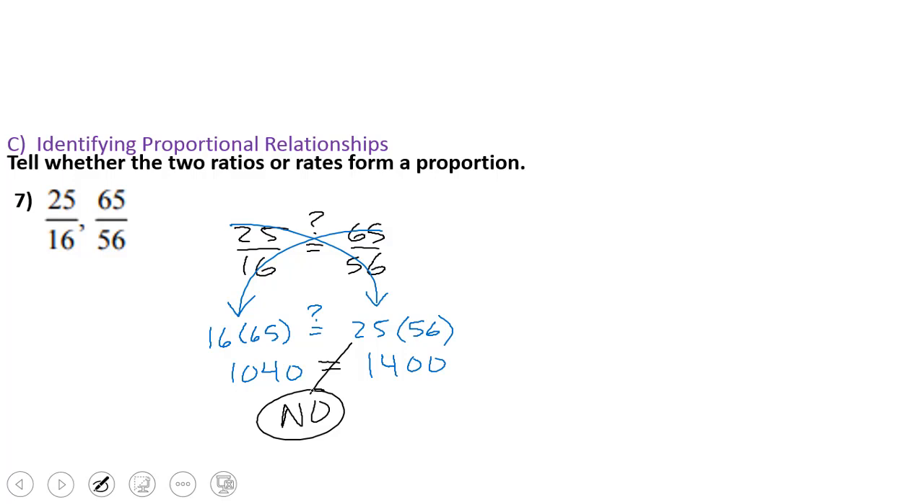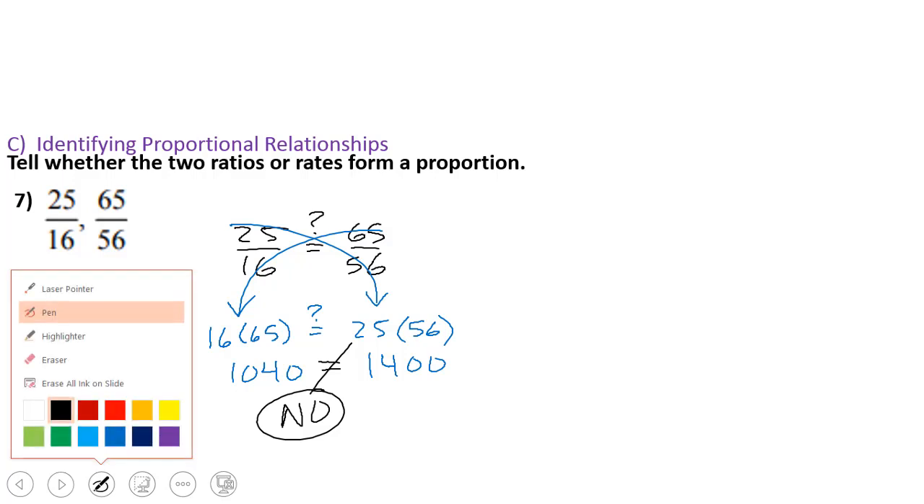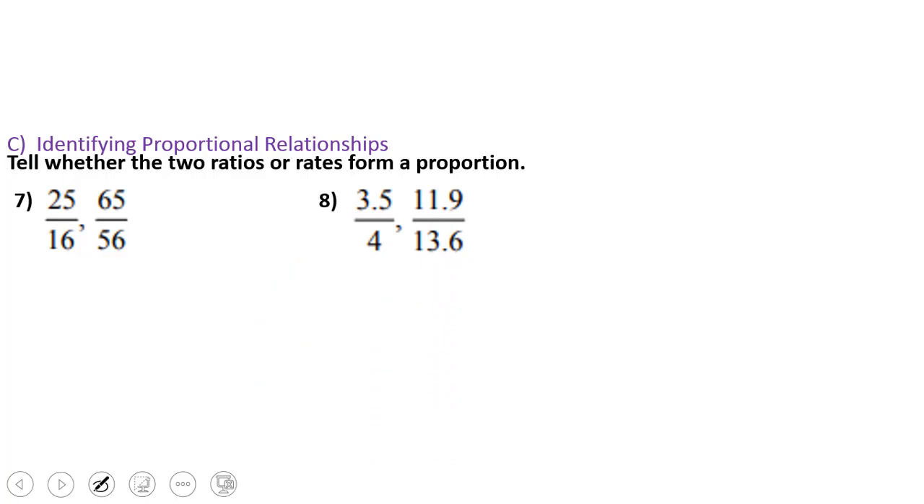All right, you might want to write this down because unfortunately I think I've written this in a spot where my next example is coming in. So I'm going to erase this first and now bring in the next example. 3.5 over 4, 11.9 over 13.6. You can see how using simplification would probably not be an easy way to go on this one. So we're just going to use cross products. I'm going to say 4 times 11.9. Is that equal to